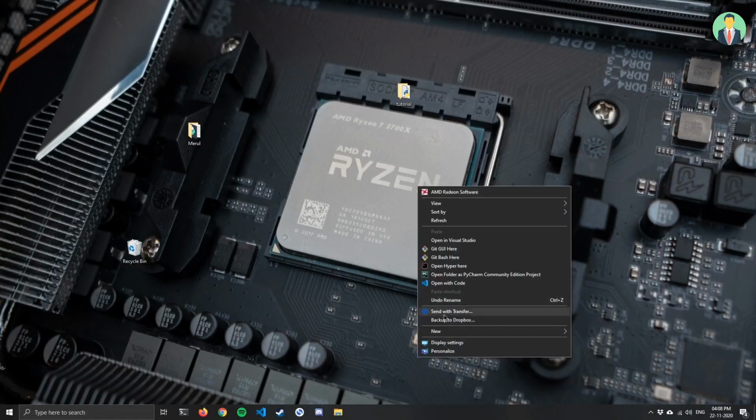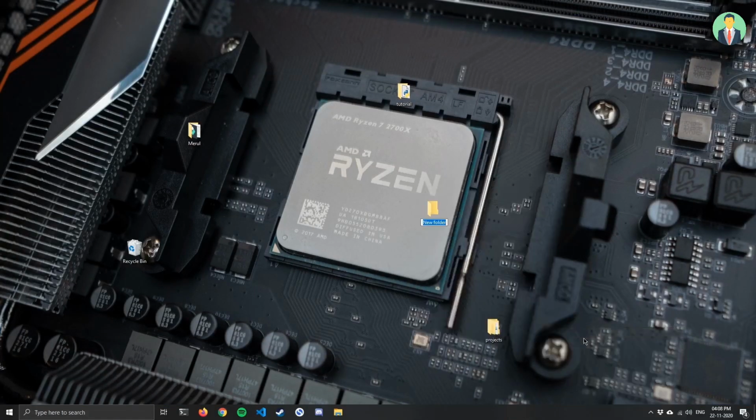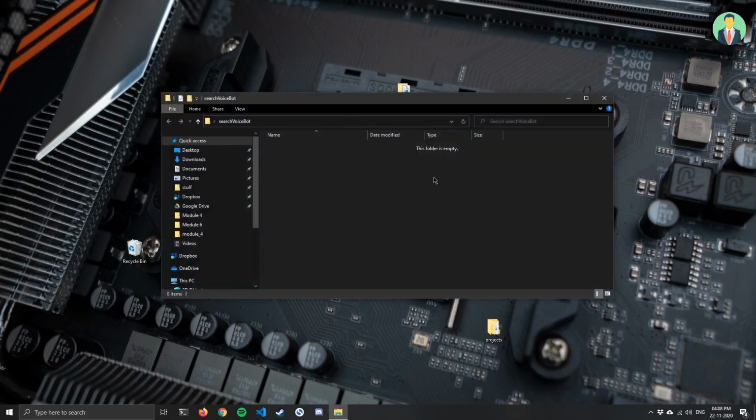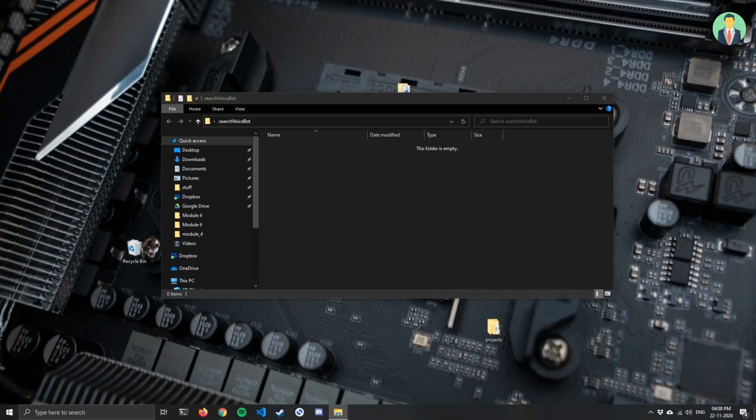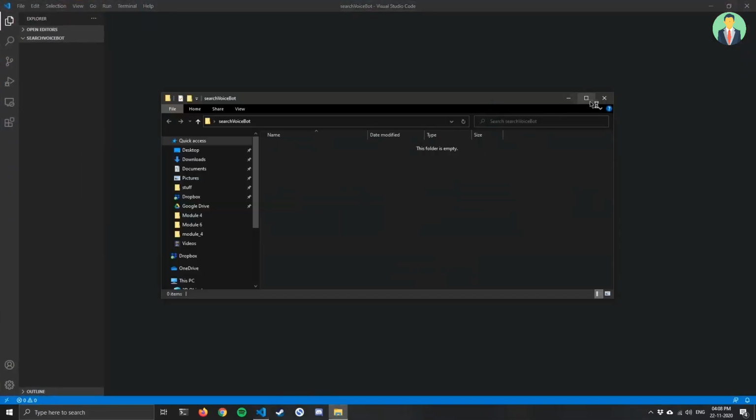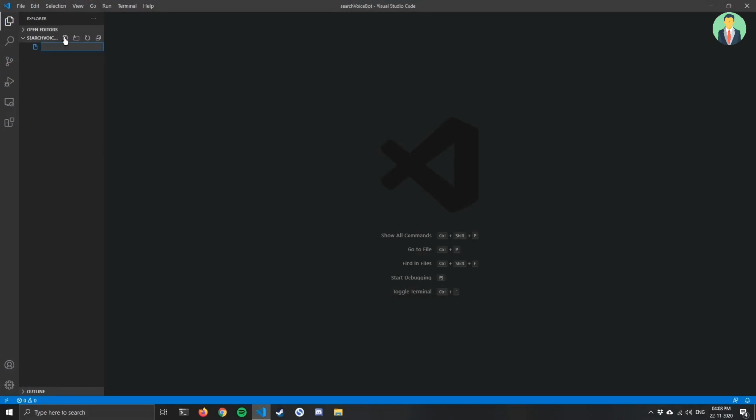So here I would create a new folder and I would call it search voice bot. And for this, I would open it with Visual Studio Code. So here we have the window. And for this, we only need one file. And that would be main.py, or you can call it whatever you want to. Now for this project, we would need to,